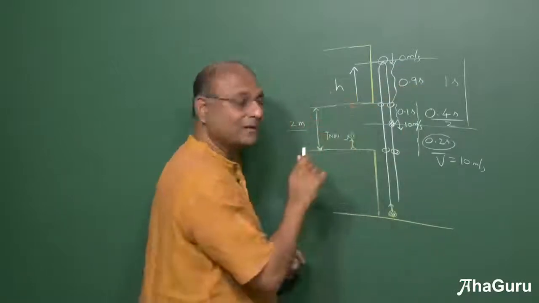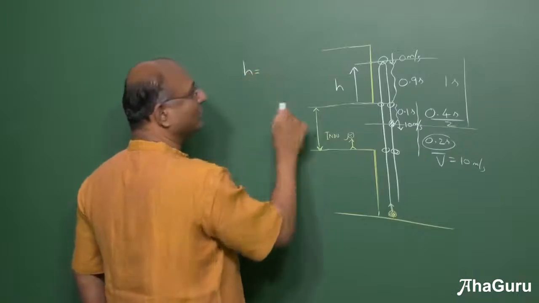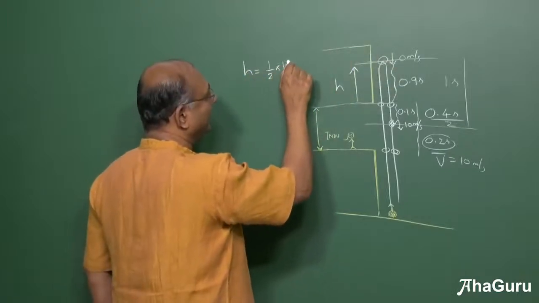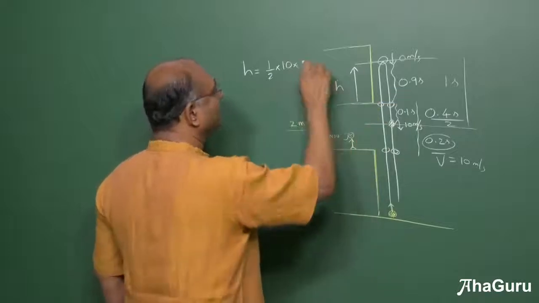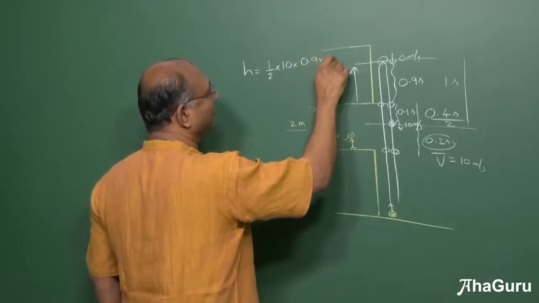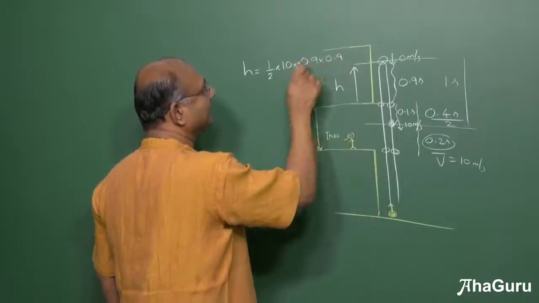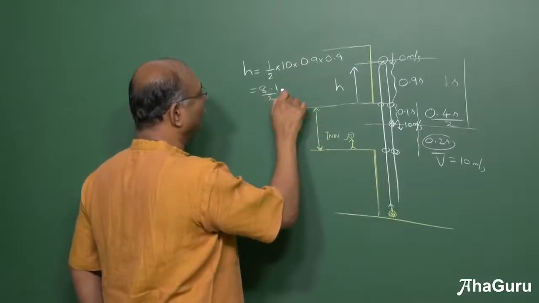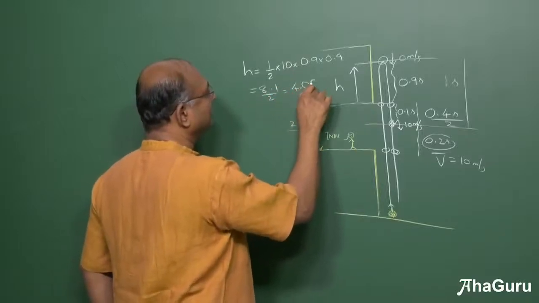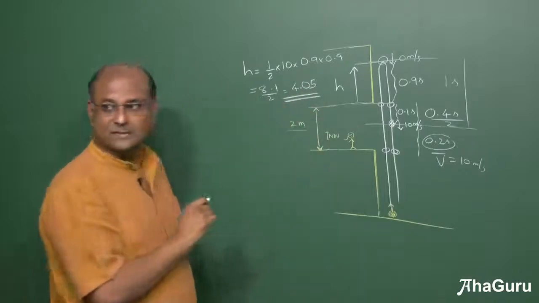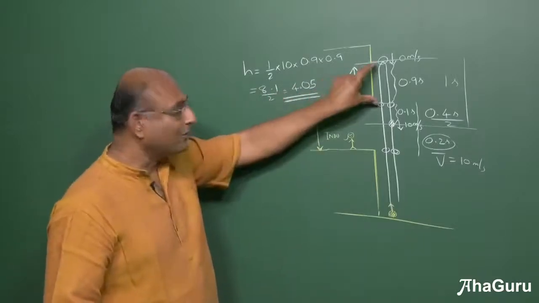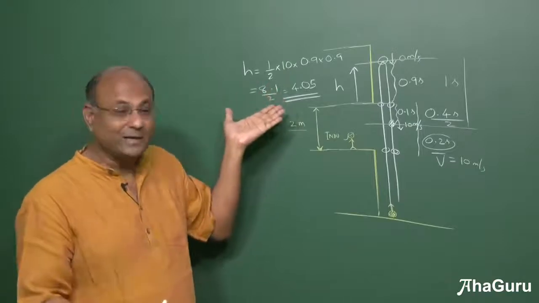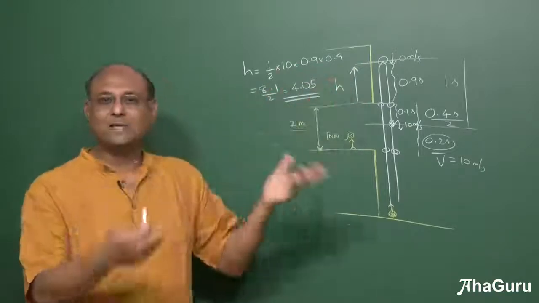0.9 seconds. So therefore, h is equal to ut, which we can ignore, half a into t square, 0.9 into 0.9. So this is basically 9 into 0.9, 8.1. So this is 8.1 by 2 is 4.05. Is that clear? So you can see that we can calculate this really, really easily. In fact, one step. We have not done anything. Otherwise, this problem would have taken us at least 4-5 steps.